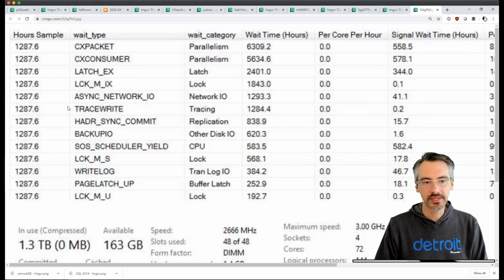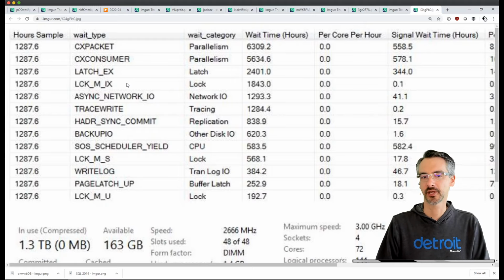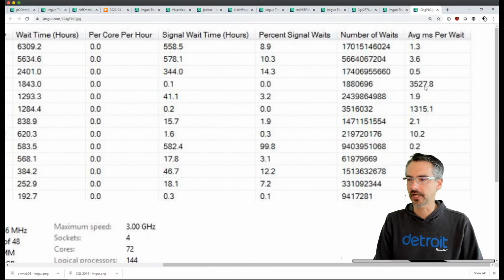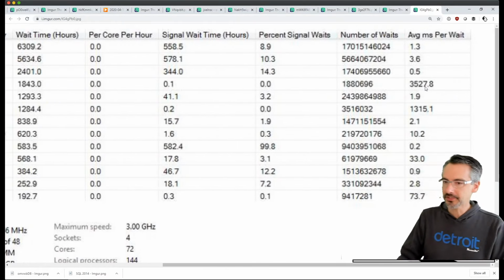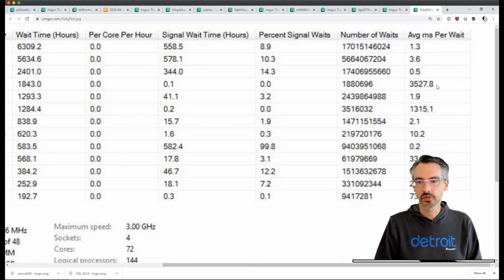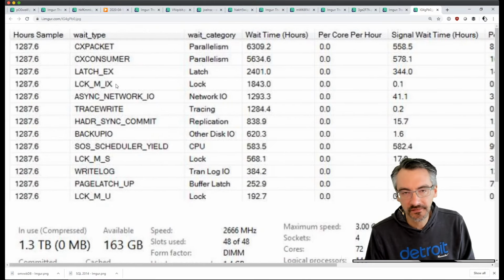The other thing with that intent exclusive lock, that's really interesting that the queries are wanting intent exclusive locks. I think you might have a case of under-indexing. And so you see how it says over here, average per wait is 3.5 seconds, because queries want an intent exclusive lock.